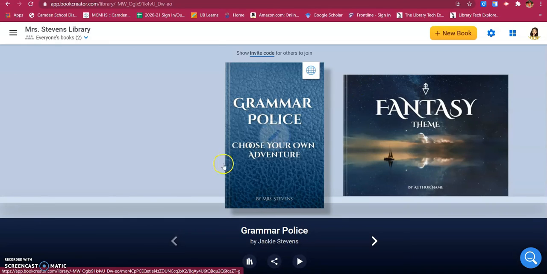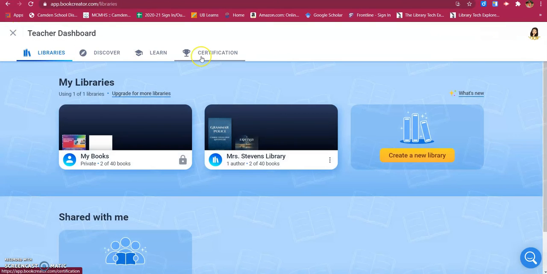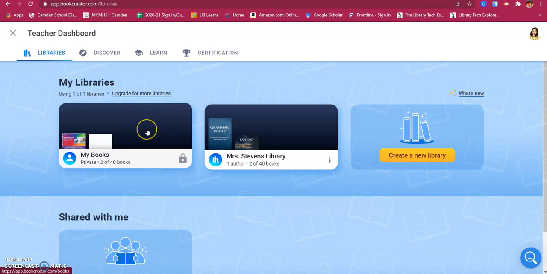Today, I really just want you to be able to play with Book Creator for yourself. So I'm going back to my libraries, and I'm going to go in, and I would encourage you to go in and start a book of your own. You're going to be able to use a template if you want, but I would highly recommend just choosing to